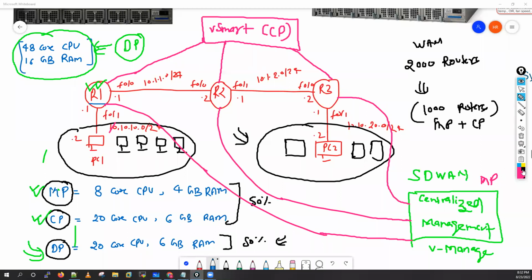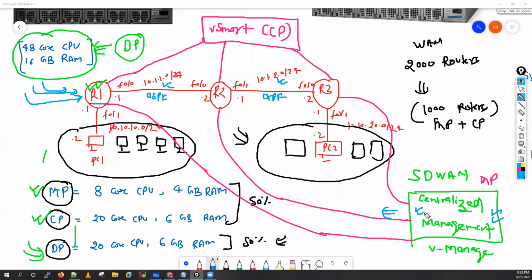Now they have connectivity, which means all types of management. If you want to configure, let's suppose, OSPF between these routers, or you want to configure the IP address, you can do it from here. Now you don't need to connect with the console cable. You don't need to do Telnet or SSH, nothing. You don't need to log in to all the devices. If you want, you can configure all the devices at the same time from this particular